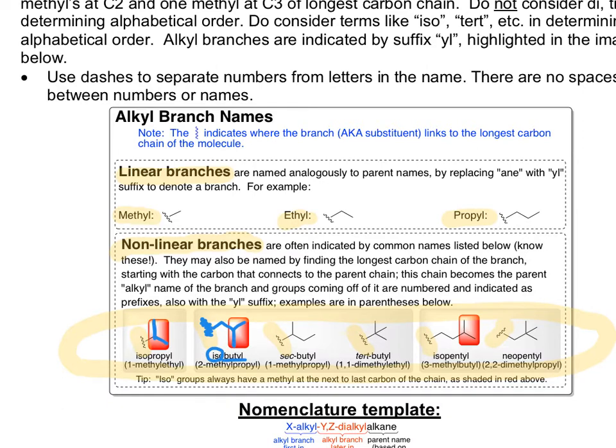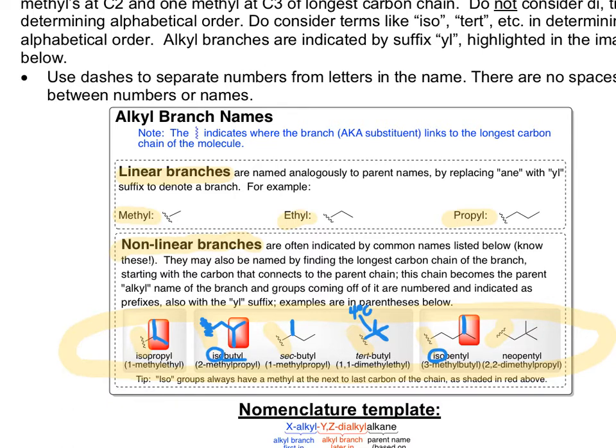The next one is called sec-butyl because the methyl group is not coming off at the next to the last carbon of the chain. Instead, it's coming off at the very first carbon of the chain. And then tert-butyl is described as such because it has 2 methyl groups coming off at the next to the last carbon of the chain, and this would be referred to as a tertiary carbon because it has 4 other carbons directly bonded to it. So that's why we call that a tert-butyl group. Isopentyl, 5 carbons in total in this group. Next to the last one has that methyl branch coming off, and that's why we refer to this as an iso group. So you are expected to know all of these different groups by heart